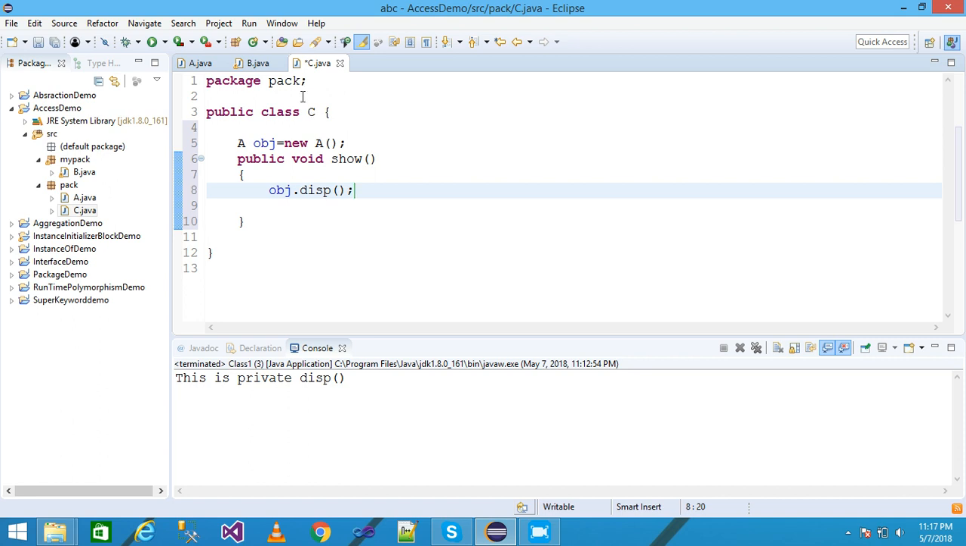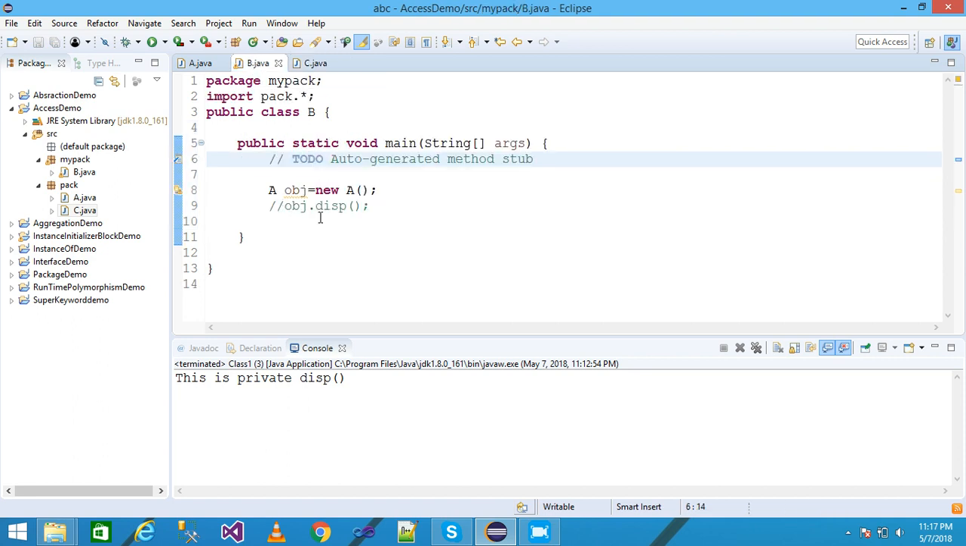I am able to call this method because it is in the same package. The C class is within the same package, pack. So you are able to call it with the help of the object inside the show method. If the package changes, you are not able to call this method. Clear? And come inside the B class, and you just need to create the object of the C class,